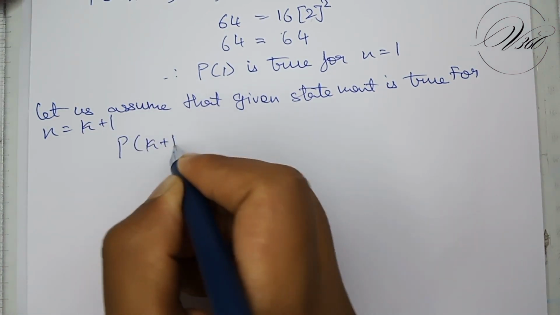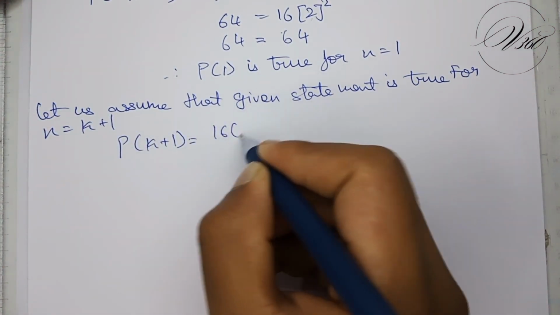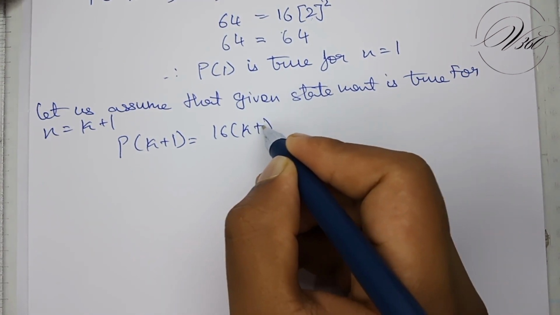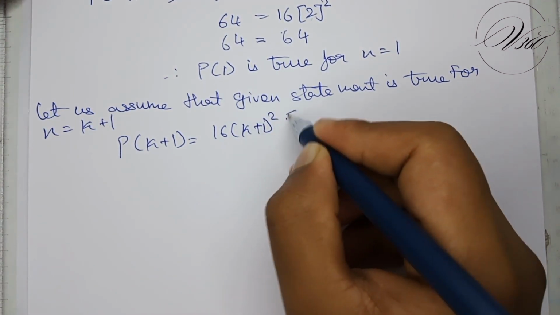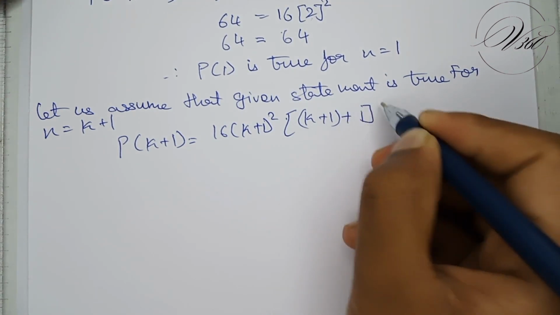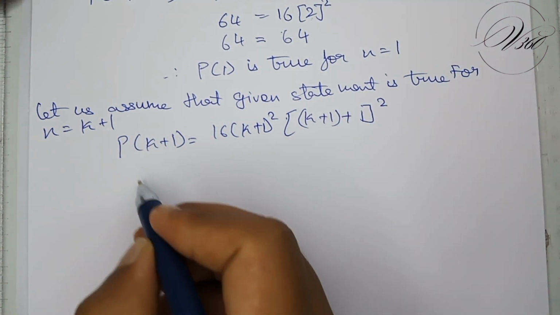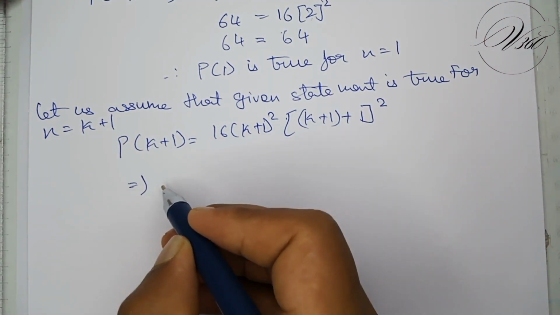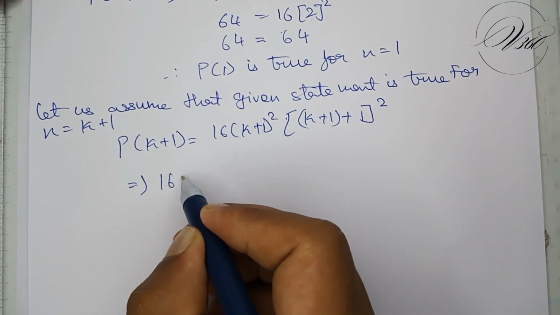P of k plus 1 is equals to 16 of (k plus 1) whole square of (k plus 1 plus 1) whole square. Okay, now here I will get 16